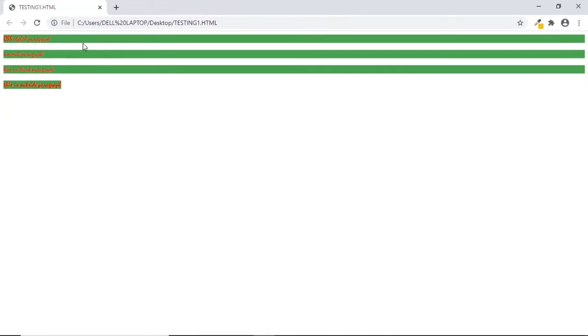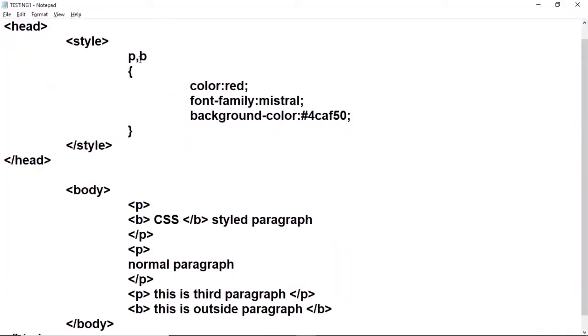For a paragraph line it is showing you full width. For bold it is showing you small width, because paragraph will take the complete width of your web page. Bold will not take the complete width of your web page. So that's the reason background color is coming only for that much, whatever we have written. I hope you understood now what is the difference between these two selectors. One is the space one and another is a comma.